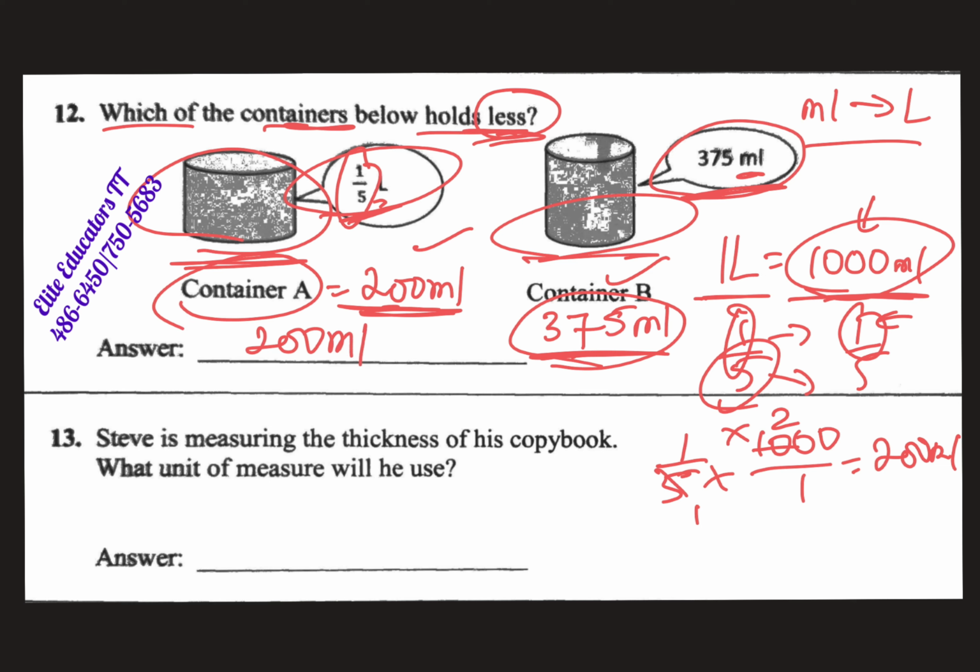So the answer for question number 12 is A, and the trap in this question was, the first thing is that they had it in